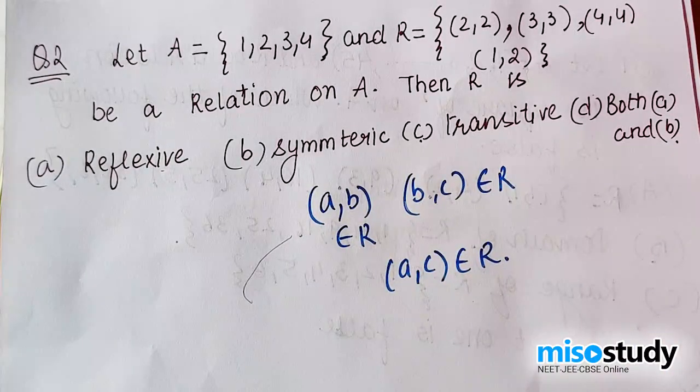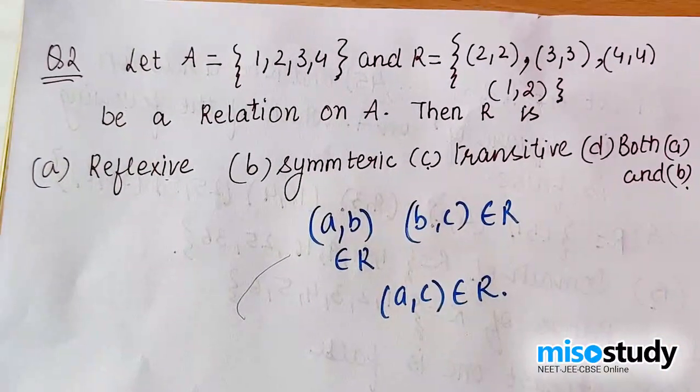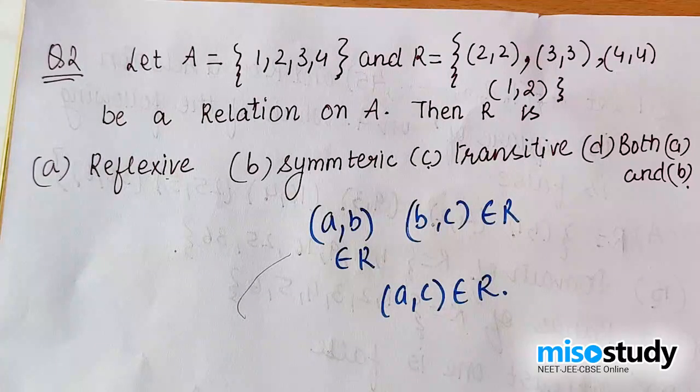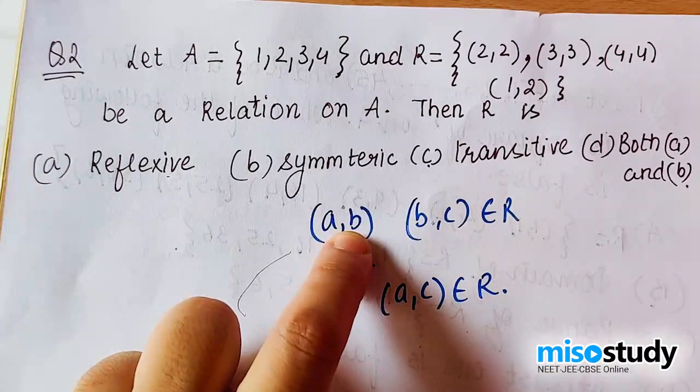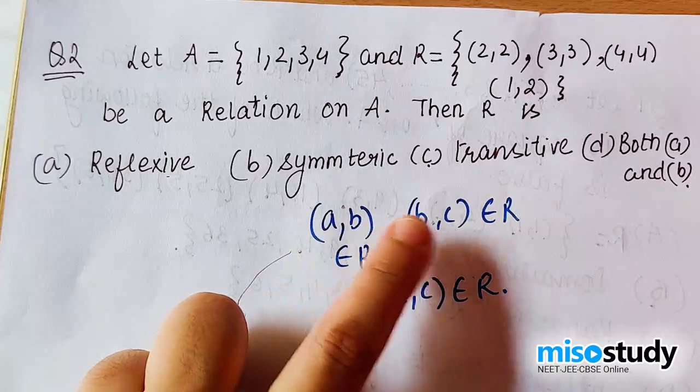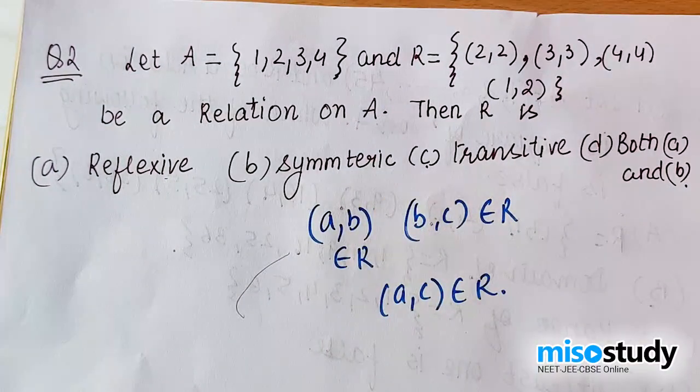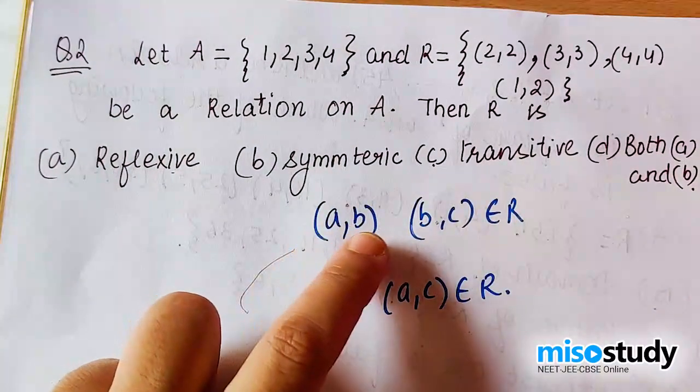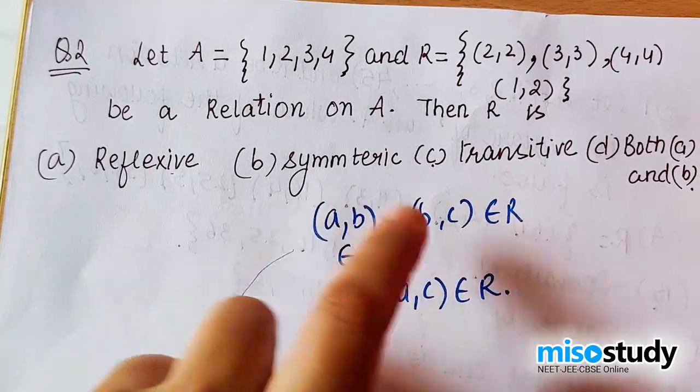of transitivity. Okay. But over here, in our thought process, we make a mistake. We feel that B cannot be equal to A or B cannot be equal to C. My dear student, that's not the case. Even this is a possibility, that B may be equal to A or B may be equal to C.